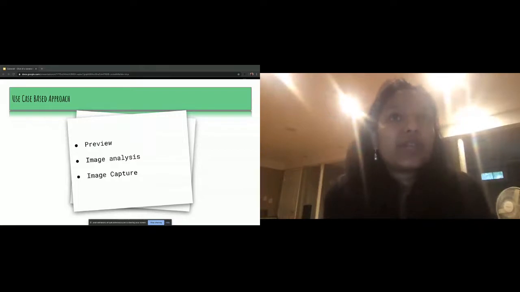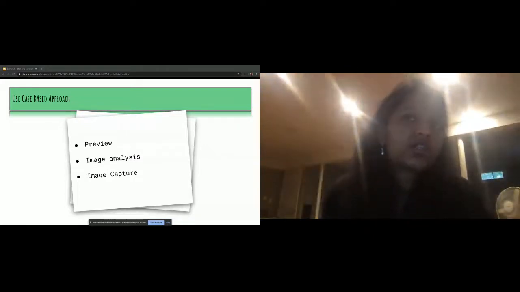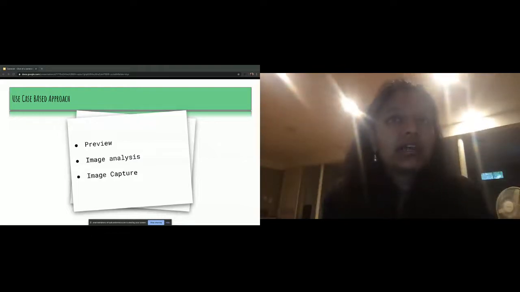The several basic use cases that already come with the library and can be easily configured currently are a preview, which, as the word itself means, lets you see the image on display before it's captured, along with capabilities like rotate, crop, scale. So all that you need to do code-wise is add a preview view, which is nothing but a custom extended view.